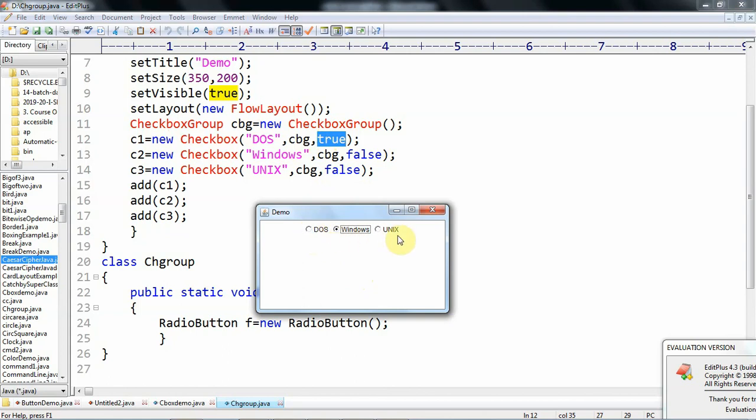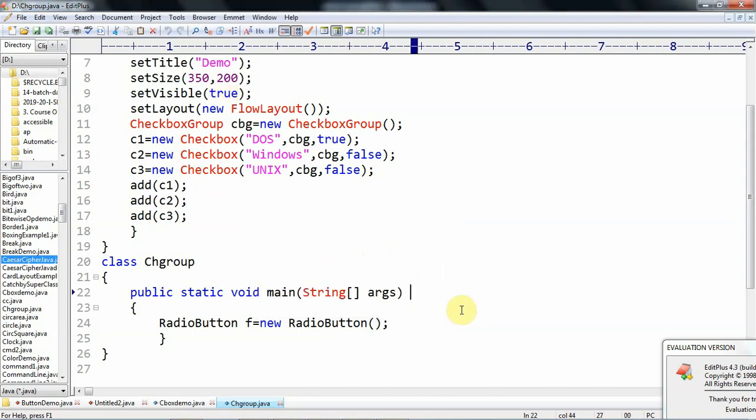So that means in these three buttons at a particular point of time only one radio button or checkbox is selected. Suppose if you click here, the selection for this is gone. So like that only one selection within the group is possible. That kind of checkboxes are called radio buttons. So that is about checkbox group.